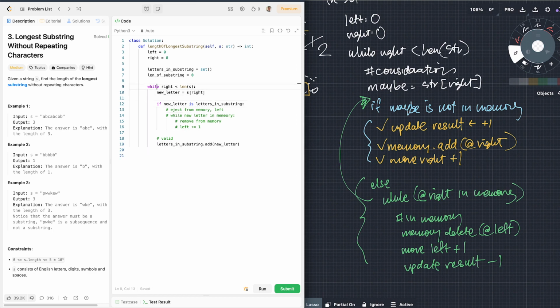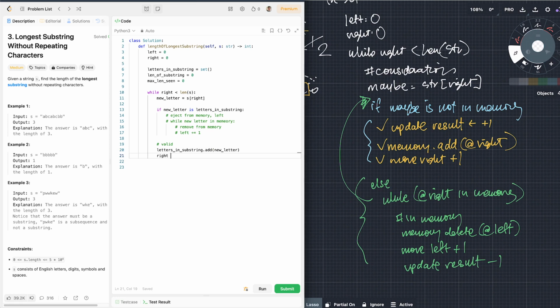And I guess we also need a max here. So we need some type of max length seen. And we'll go ahead and make that 0, I guess. So we add a new letter. And I guess if we have these pointers, we don't need to keep a length of the substring. We could just, so the length of the substring will be right minus left plus 1,